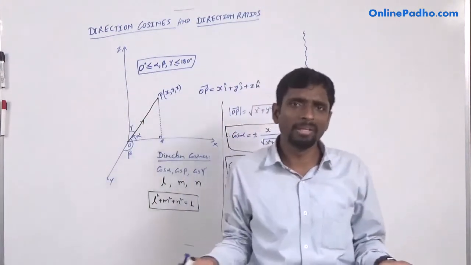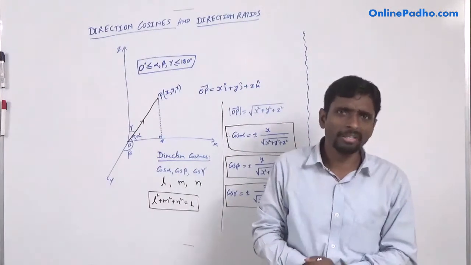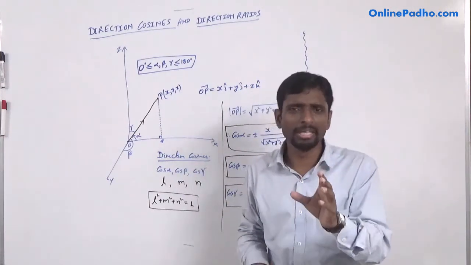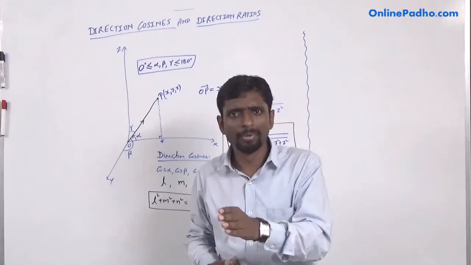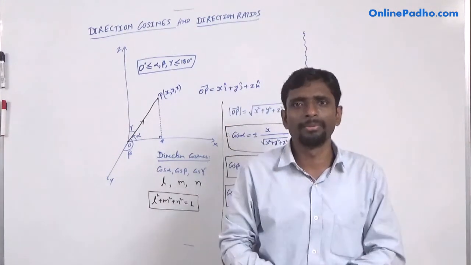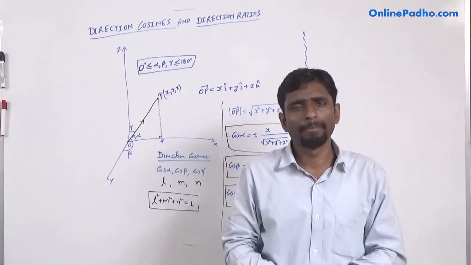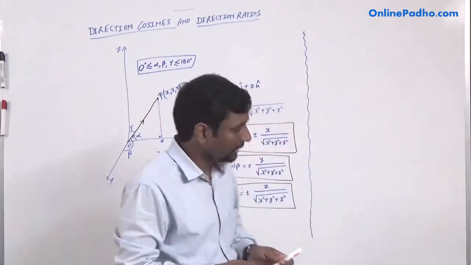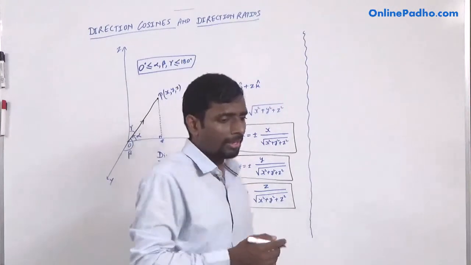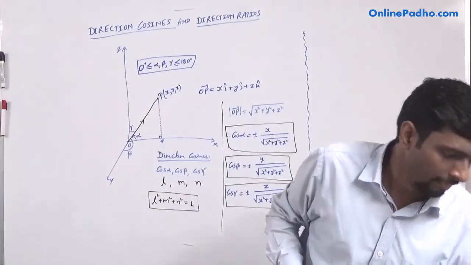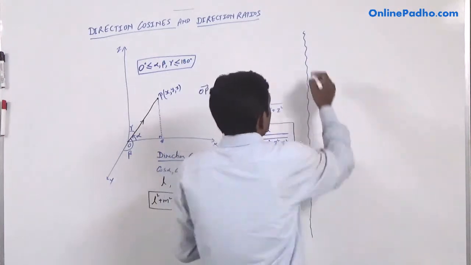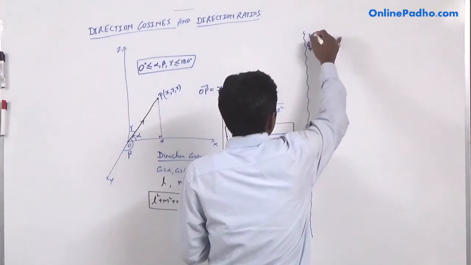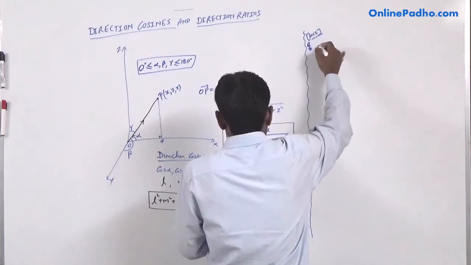Means if we have to find the direction ratio of a vector, you can say that the i component, j component and k component are the direction ratios, right? Now we need to do some application based on direction ratios and direction cosines. Let's see the question from 2012 board examination, CBSE board.